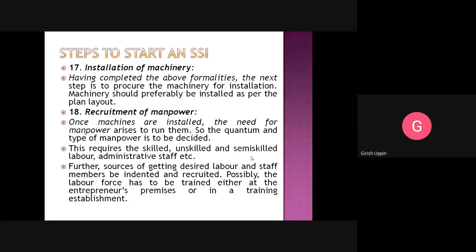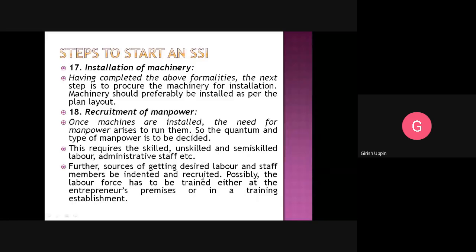And also, no matter what kind of enterprise you have, you need to have administrative staff, means maintaining all the files, maintaining the contacts, taking the calls. Okay, all the administrative work has to be taken care of by the administrative staff.